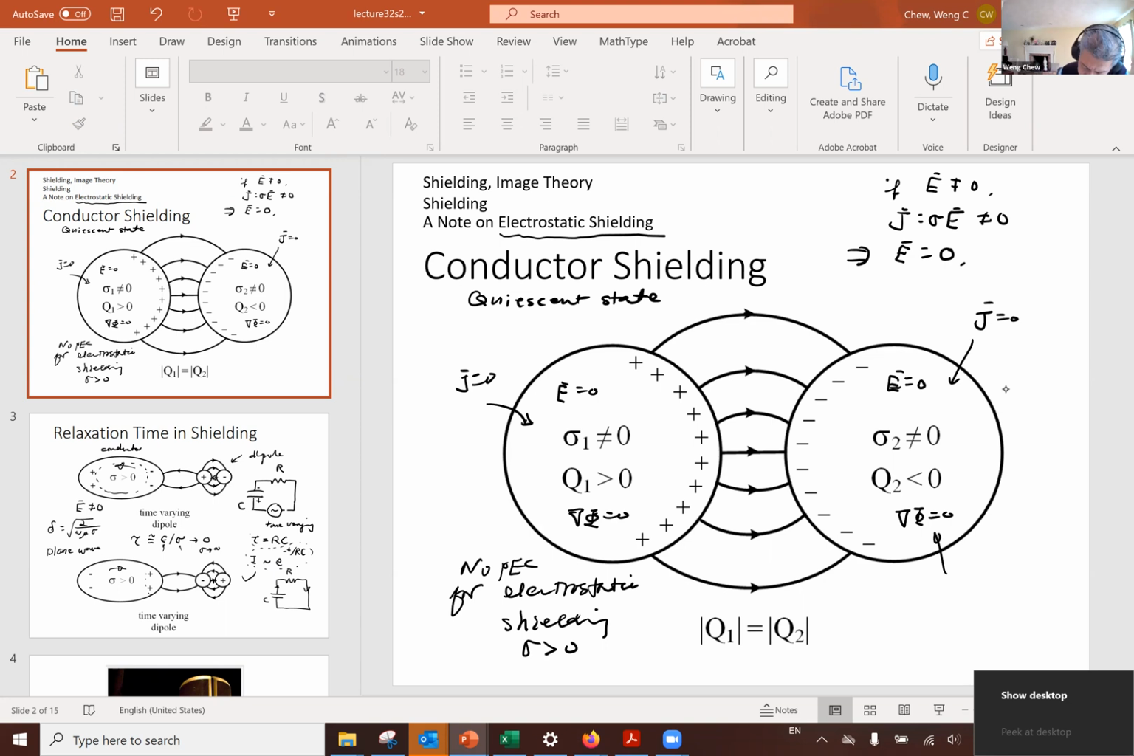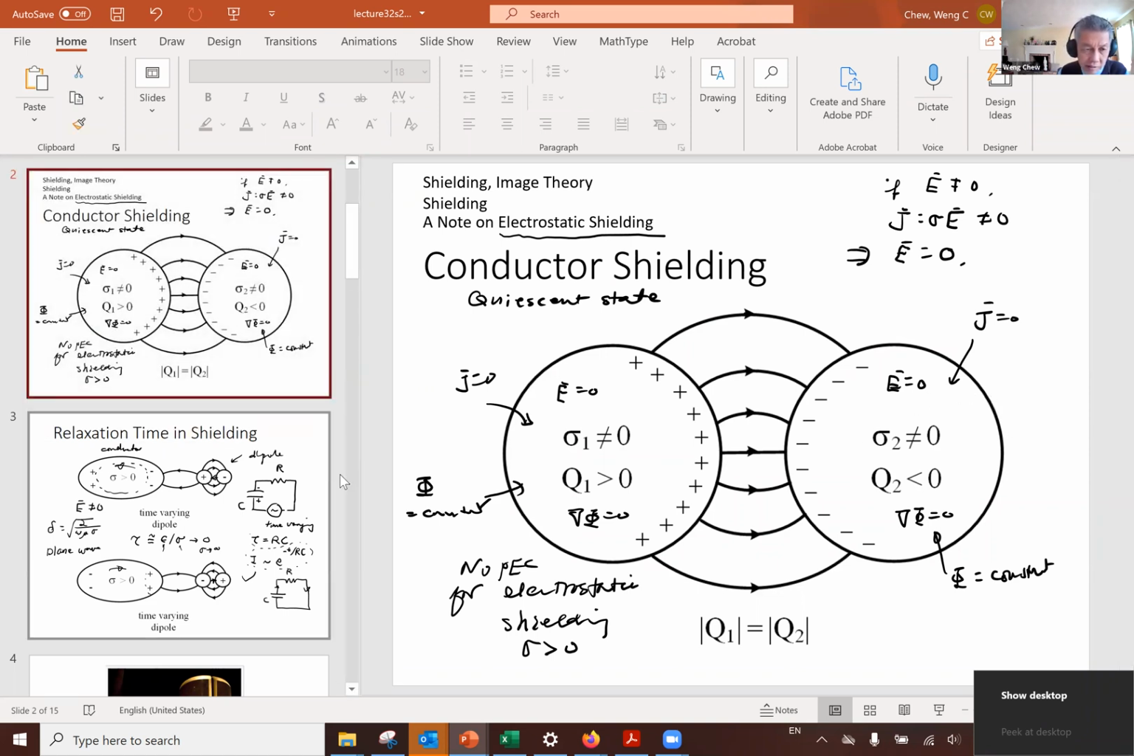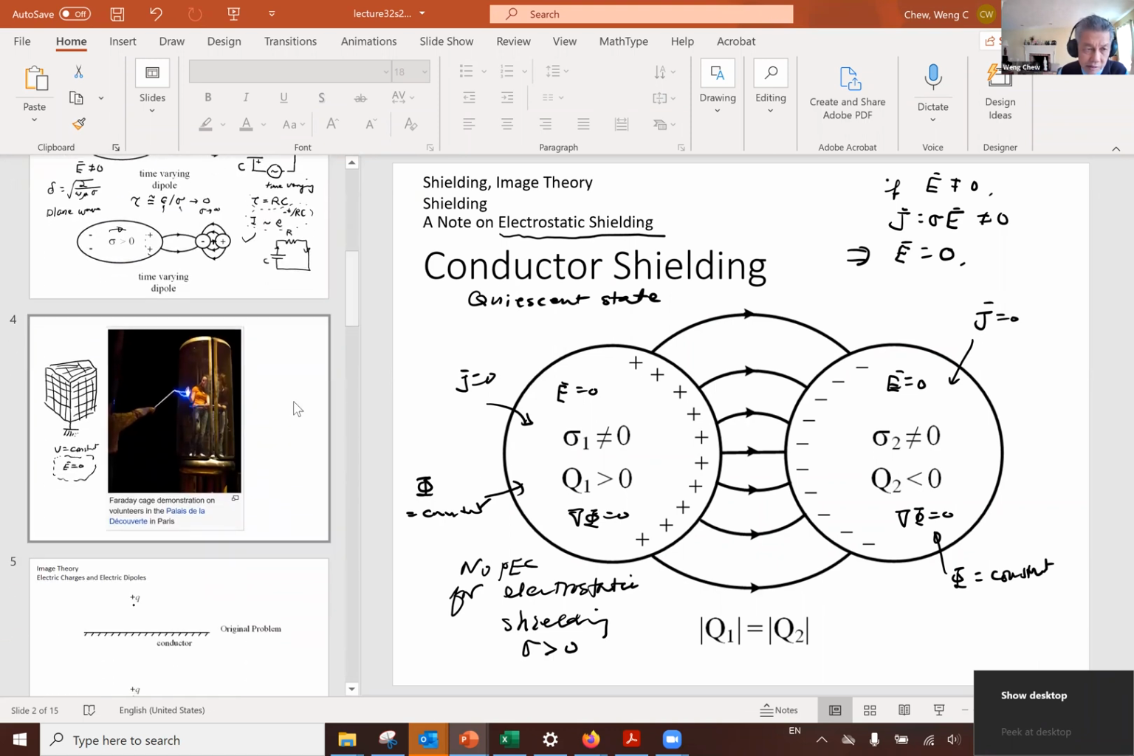Which means that phi is a constant inside the conductor, and then phi is also a constant inside this conductor. This means that inside the conductor at the electrostatic frequency, or in the electrostatic case, the potential is always a constant inside this conductor. And if you go and look at this case again, what you have then is that